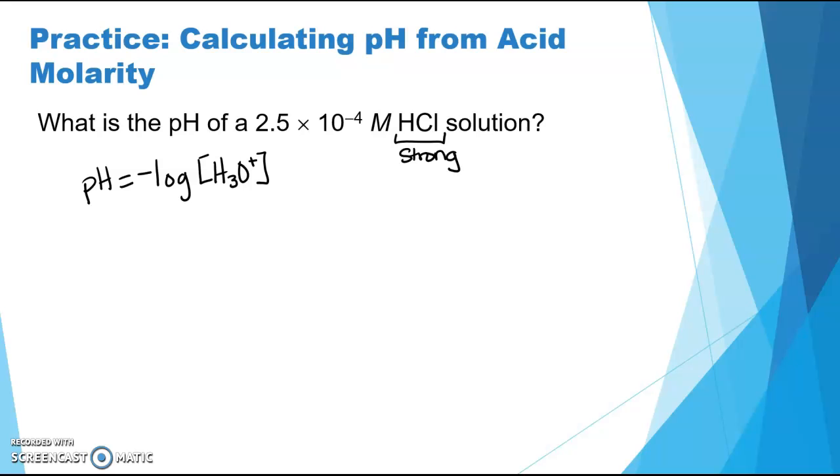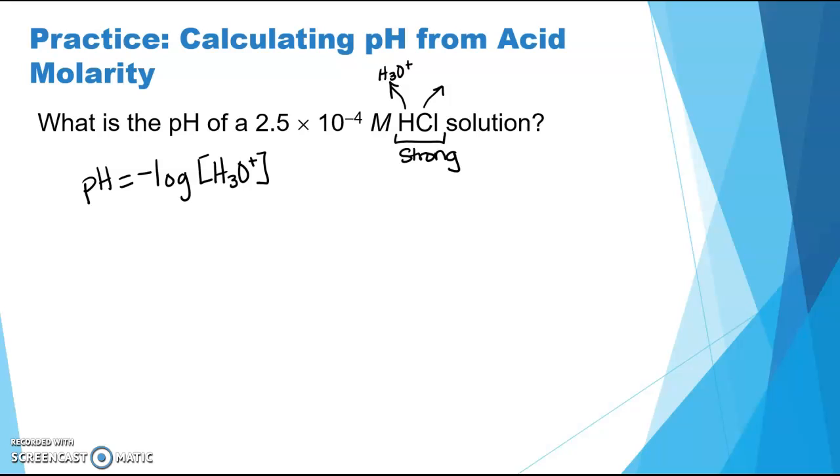So since hydrochloric acid is a strong acid, that means it 100% dissociates. It's not really a reversible reaction. So if I have 2.5 times 10 to the negative 4 moles per liter HCl, and it's 100% dissociated, I also have 2.5 times 10 to the negative 4 moles per liter of hydronium. So the molarity of the acid is the same as the molarity of the hydronium ion,